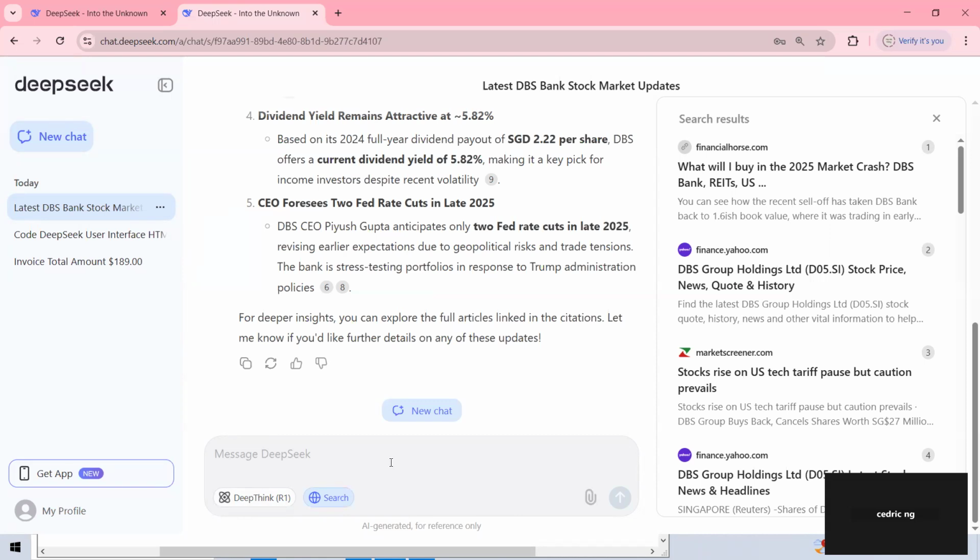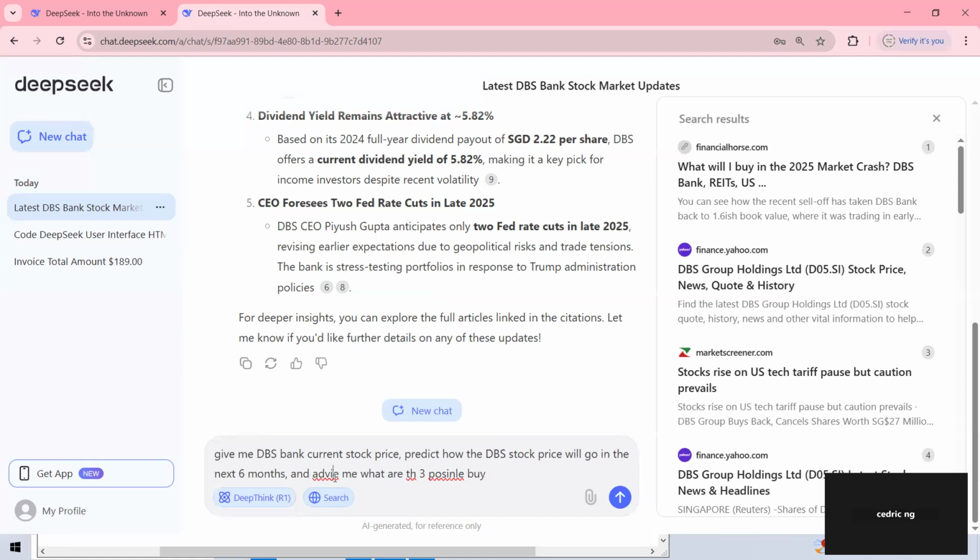To do that, you need to click both search, making sure that this is selected as well as deep think, and then you can type: give me DBS Bank current stock price, predict how the DBS stock price will go in the next 6 months, and advise me what are the 3 possible buy